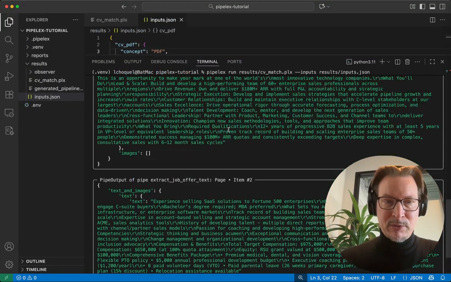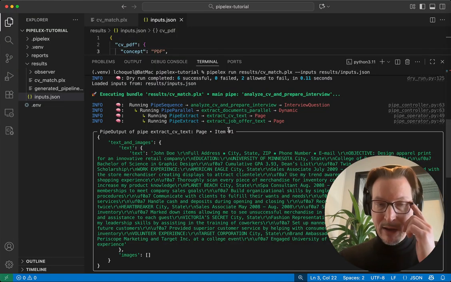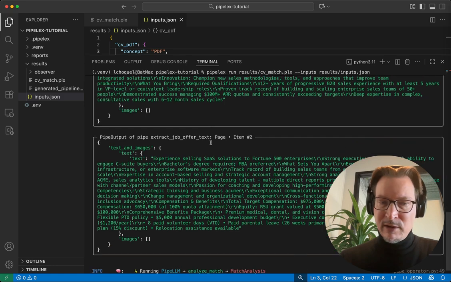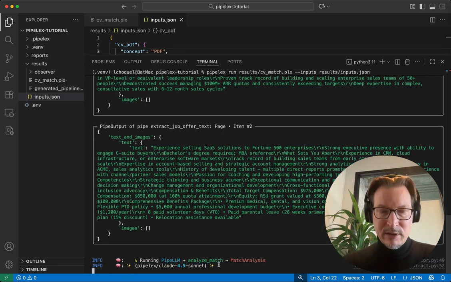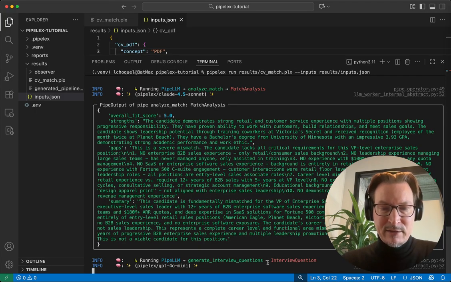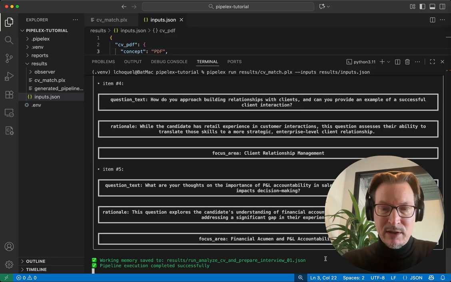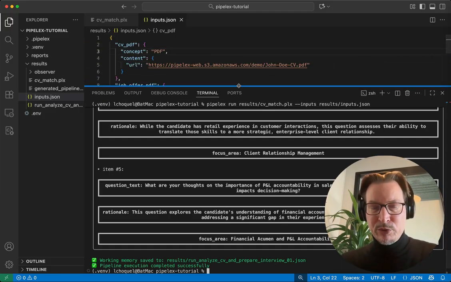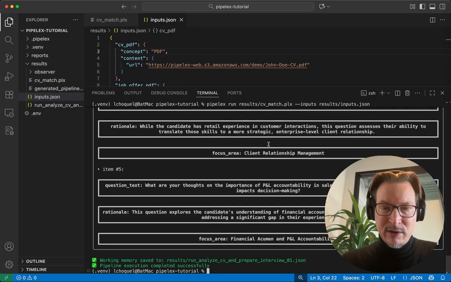Okay, so you see right away it's starting to output the extracted text from the PDF. This is instantaneous, doesn't use any AI, but then here it's using Claude 4.5 Sonnet for the match analysis. It got the overall fit score, the strength summary, and now it's using GPT-4o Mini to write the questions for the interview. So you can see every step can use a different LLM. It outputs some feedback in the console, but also I have the results here as a JSON file